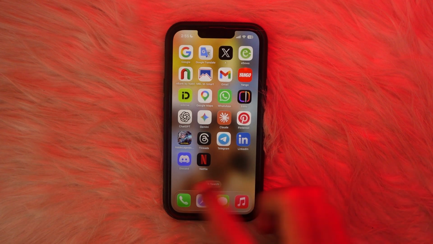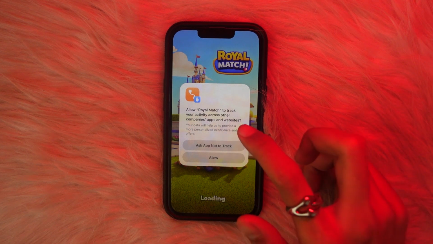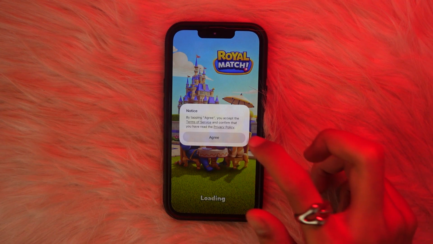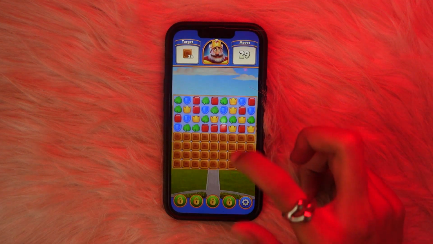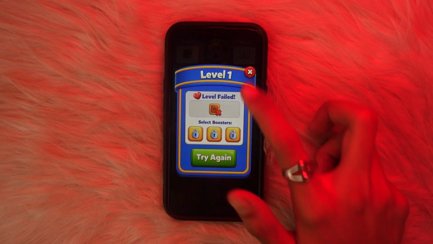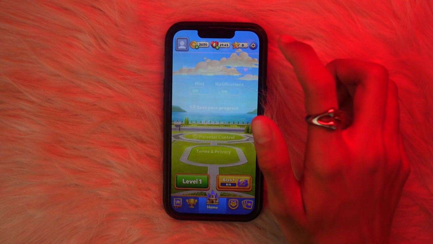In this video I'll show you how to sign up into your Royal Match game. For that, just open our game and it will ask you if it can track your activities. Allow it or don't, it's up to you guys, and tap on that button, and then simply you need to tap on this gear button and tap on quit button, and then cross it. And now what you need to do is tap on your gear